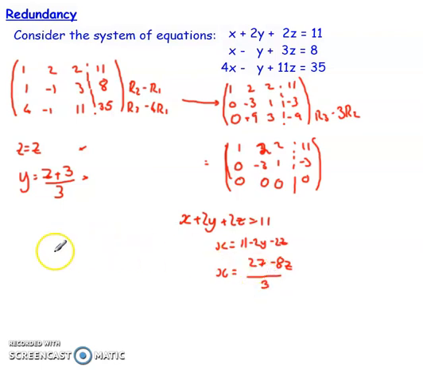Now what that means is the general solution for this system can be given as x equals 27 minus 8z over 3, y equals z plus 3 over 3, and z is equal to z. Now what this gives me is a solution which is represented by a line in three-dimensional space, which if I were to allow these to represent three planes, would be a line of intersection between all three planes within our system. And if I were to choose any value of z, that would give me a value for x and